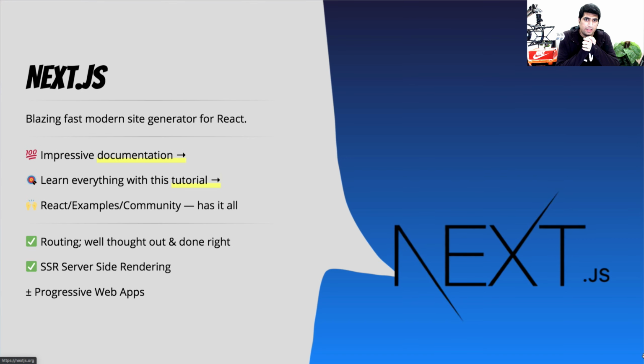So I ended up looking at Next.js. Impressive documentation again. A community of developers building examples and solutions based on Next.js and Jamstack websites. But what really stuck with me was an excellent support for routing, and that is what this project really needed. Moreover, it has an excellent support for server-side rendering. Although the progressive web app support was a bit plus minus, but I did end up building a Next.js progressive